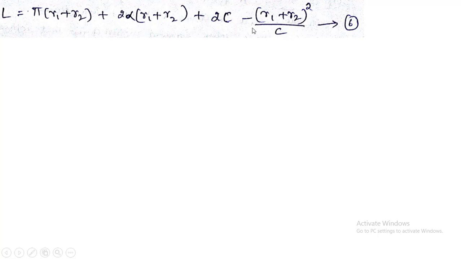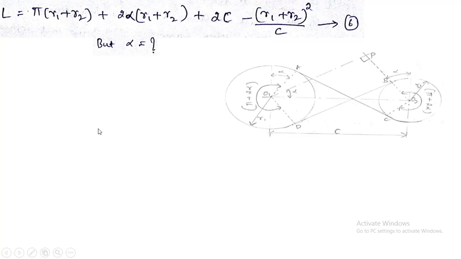Next, again you all know that in this expression R1 is known, R2 is known. These are what we can calculate. R1 is the radius of the larger pulley, R2 is the radius of the smaller pulley, and C is the center distance between those two pulleys. These can be calculated very easily. Whereas alpha has to be calculated. So next thing is, what is alpha? So yes, this alpha is to be calculated, and once you get alpha it can be substituted here, and we will substitute all the values in the expression. Definitely you can calculate the length of belt for cross belt drive.